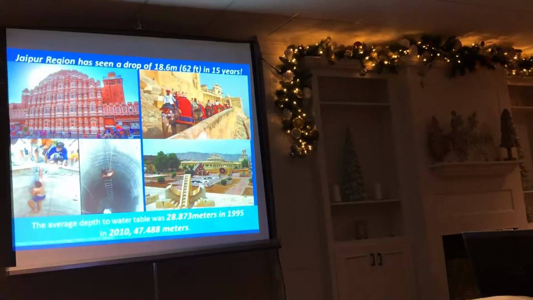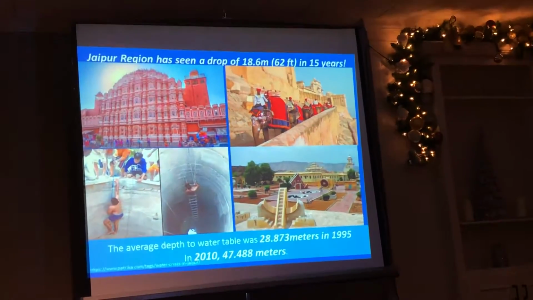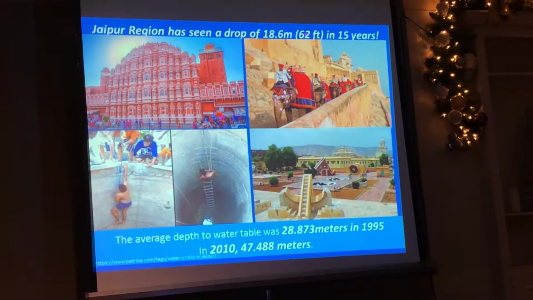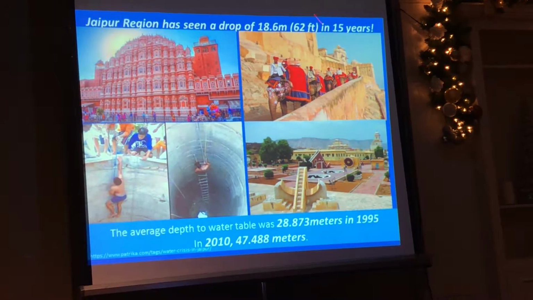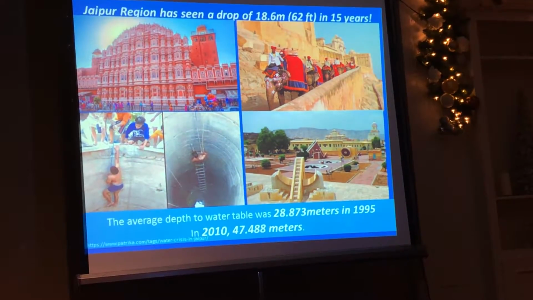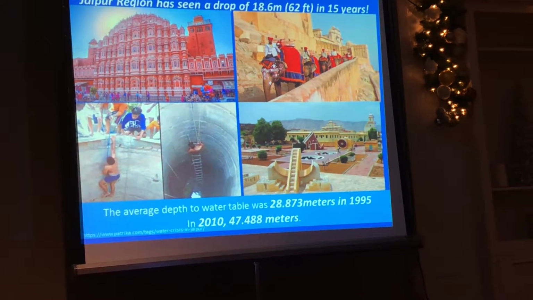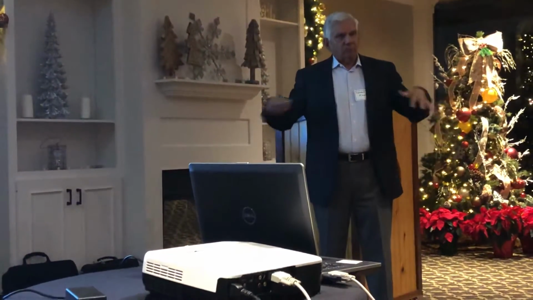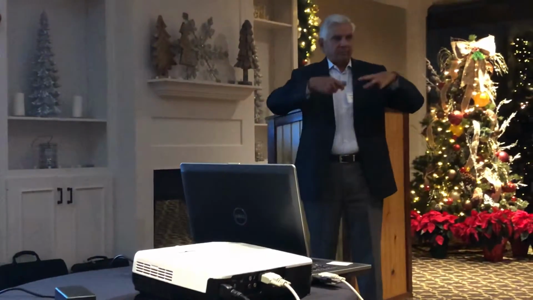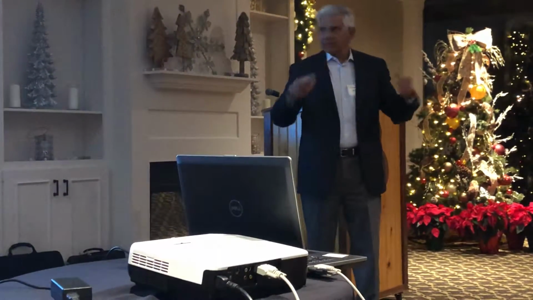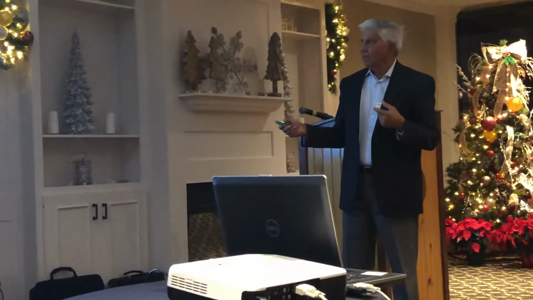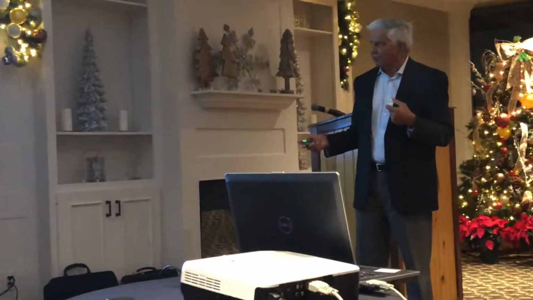Jaipur, again, if you haven't been, it's a very, very nice place. Rajasthan and Jaipur is still one of the better managed provinces in India. They dropped their water table 60 feet in 15 years. Until the 50s, they had about 40 different storage areas all around, just natural dams and so on, all around town. And most of them have either silted up or built up. So they started to draw on the water table, and the water table is, as you can see, drawn down 60 feet. And I don't know exactly what these people were doing, but it looks like they were trying to go down the well to get water.